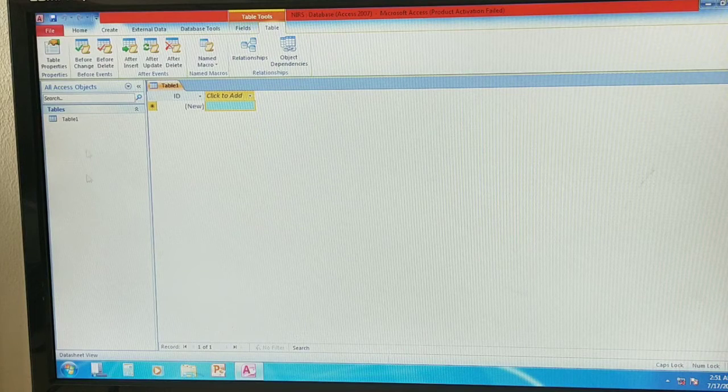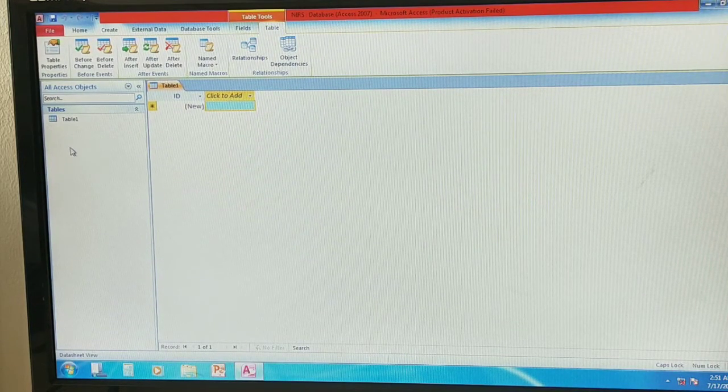In this navigation pane we get the different database objects. As discussed in the previous class, we have tables, queries, forms, and reports. These are all our database objects. Whenever you create a database object, it will be shown here in the navigation pane.